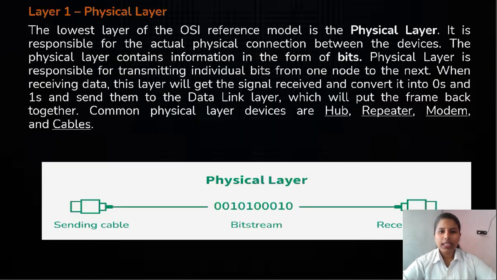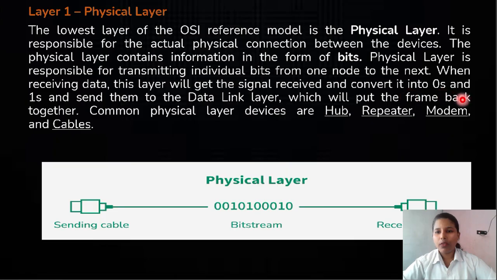Now we can see the last and first layer, the lowest layer of the OSI reference model, the physical layer. It is responsible for the actual physical connection between devices. The physical layer contains information in the form of bits. What the user gives from the application is in the form of bits when it reaches the physical layer. The physical layer is responsible for transmitting individual bits from one node to the next. When receiving data, this layer senses the signal, receives it, converts it into zeros and ones, and sends it to the data link layer,